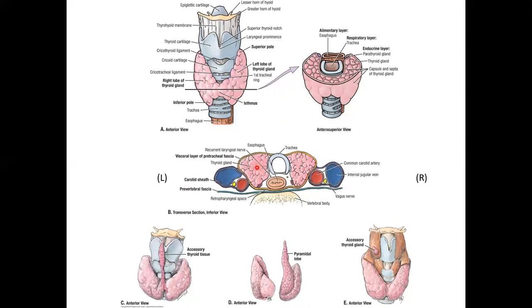So here is our thyroid gland. Here's our trachea. There's that trachealis muscle I mentioned before. Here's your esophagus. This is the recurrent laryngeal nerve. It's one of the branches of the vagus nerve. There's a bunch, don't worry about it too much. Just remember recurrent laryngeal nerve when it comes to